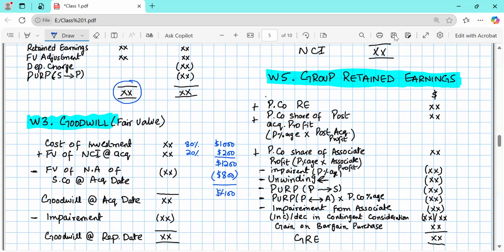Now try to understand this. The fair value, which basically means the market value of the assets of the subsidiary company at acquisition date, is 800, but you are paying $1,200. Why are you paying extra? If the market value of a certain thing is 800, why are you paying 1200 for that? So we say that this extra amount is because of the goodwill of the company. It reflects goodwill of the company. So this is the logic behind how to calculate the goodwill.